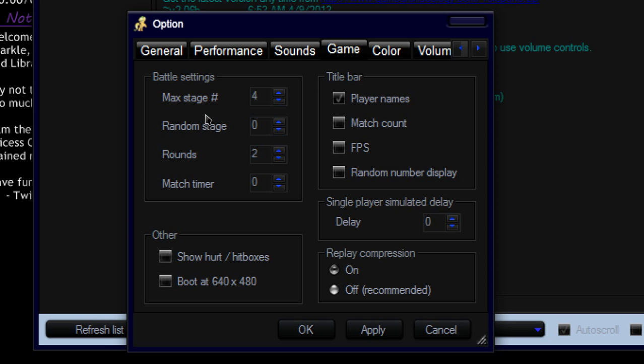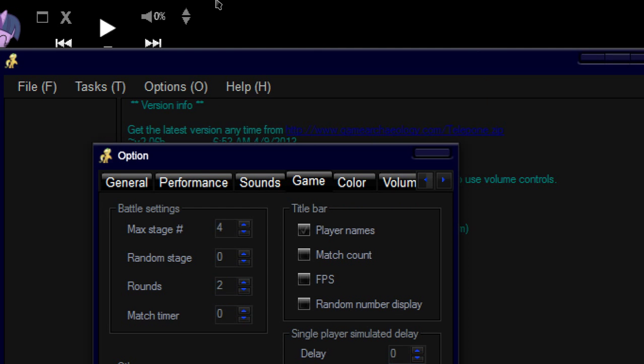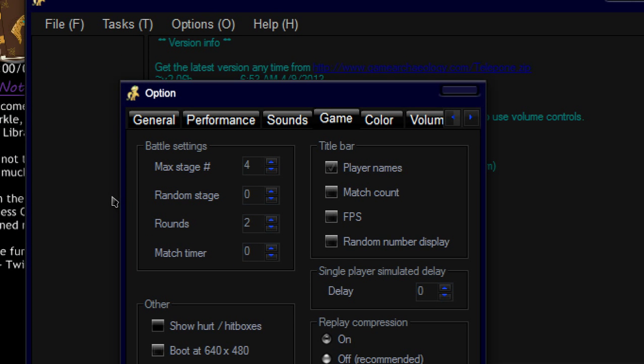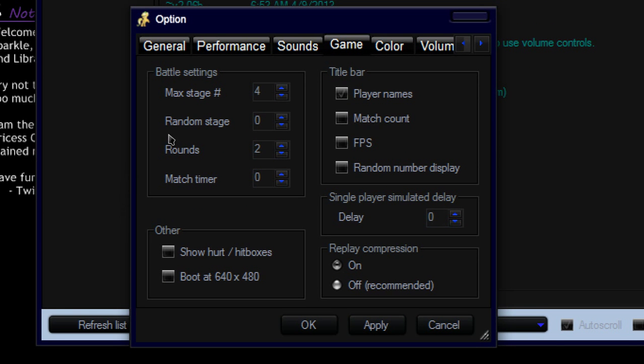So player names, it'll show host and then challenger. I believe it might be backwards, but who cares? So it will show by usernames. My hand slipped. So player names, it'll be, for instance, hey look, a how-to creator versus SpartanX20.